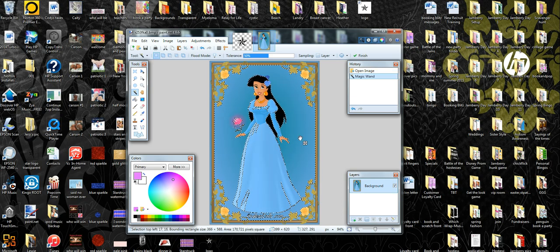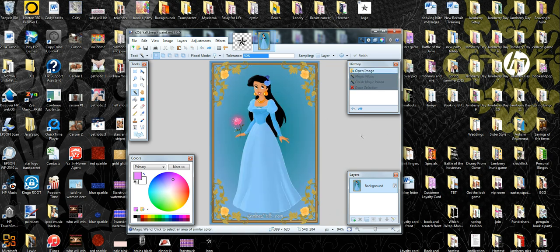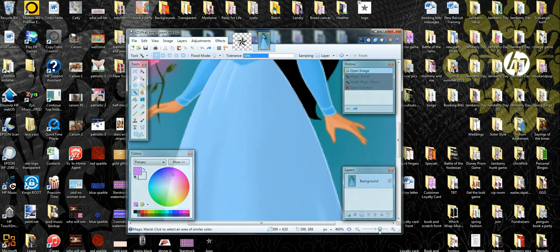Unfortunately, when you click on this, you see it turns the background blue, but everything is kind of blue. It's all kind of blending. So when I hit delete, I lost the dress. Easy fix. We're going to come back over here to open the image, and I'm going to zoom in on